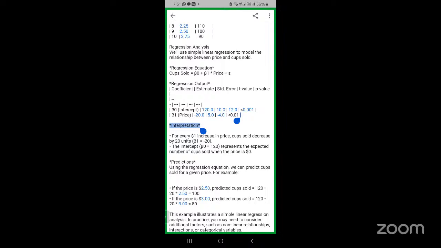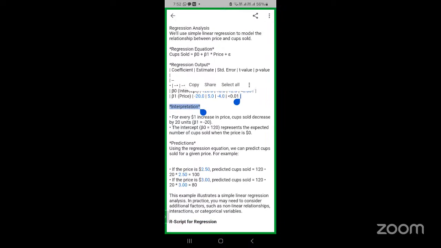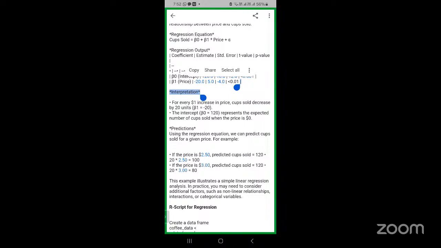By using the regression analysis, we predict cups sold for a given price. For example, if the price is 2.50, predicted cups sold equal 120. The assumption is that if the price is 0, then how many cups is supposed to be sold? So 120